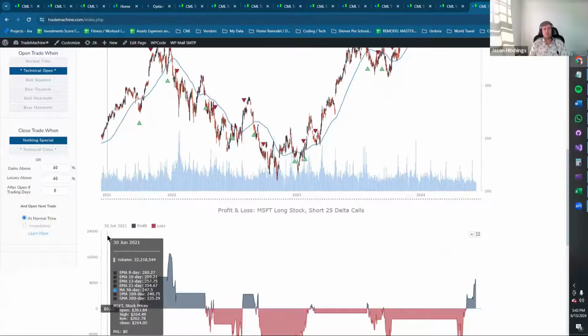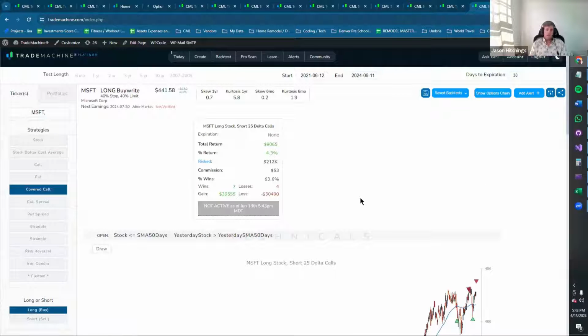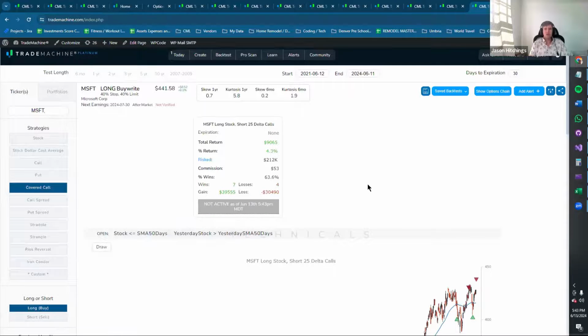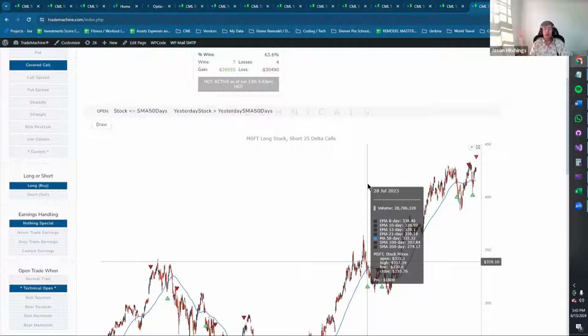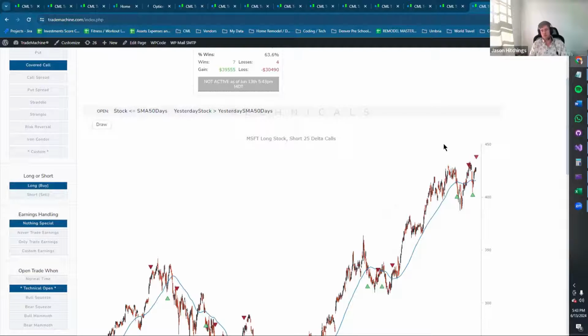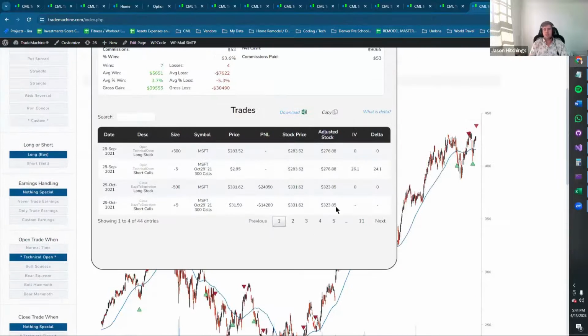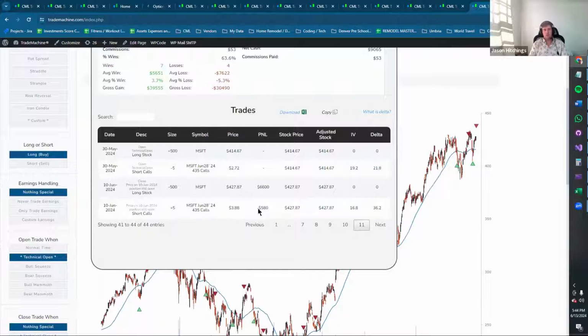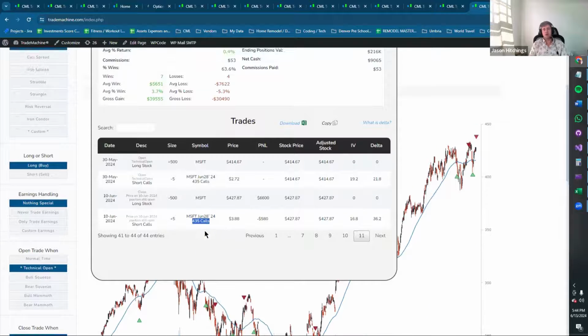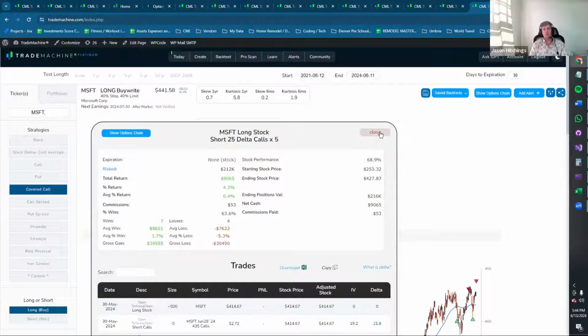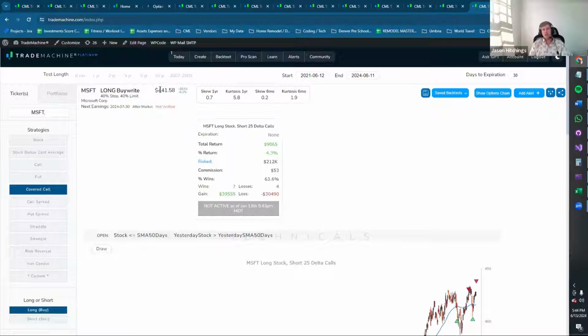When it comes to it not being called away, then it's just going to be a matter of monitoring your position and just buying back the options, or, getting a little bit more fancy if you wanted to, turn it into a call spread or something like that. One thing you could do: if I'm going to be selling Microsoft calls, the last time I sold this thing, whenever you put it in your brokerage, call it 435 or call it 450.